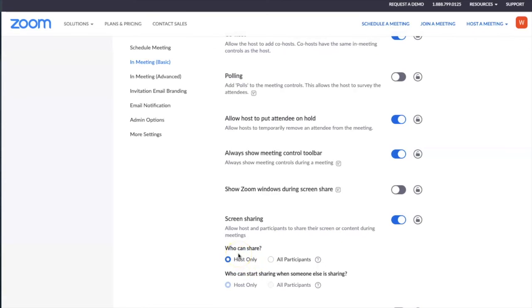So if you're going to allow a student to share their screen for some reason or another, whether it's legitimate or just happenstance, you're going to have to give that student hosting permissions within your meeting. So please think about that as you decide to share.